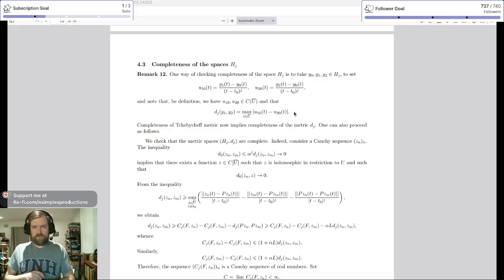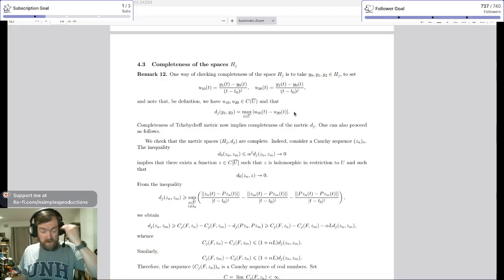One can also proceed as follows. We check that the metric spaces are complete. Indeed, consider a Cauchy sequence z sub n, inequality d sub 0 of z sub n z sub m is less than or equal to alpha super j times d sub j of z sub n z sub m, which is mapped to 0. This implies there exists a function z in c of u bar, on u bar, such that z is holomorphic in restriction to u, and such that from the inequality d sub j of z sub n z sub m is